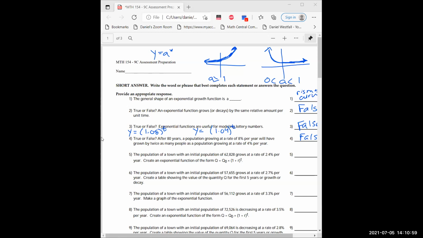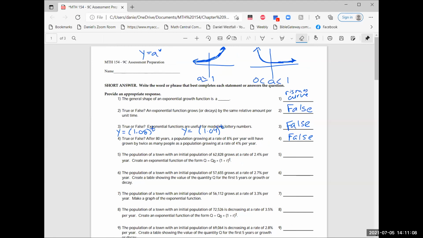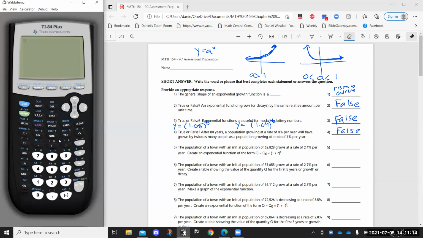I wasn't convinced I was going to need to show you my calculator until just right now, but I need to show you my calculator. Yeah, I'm definitely going to need my calculator later. So to the 80th power, compare that number there to